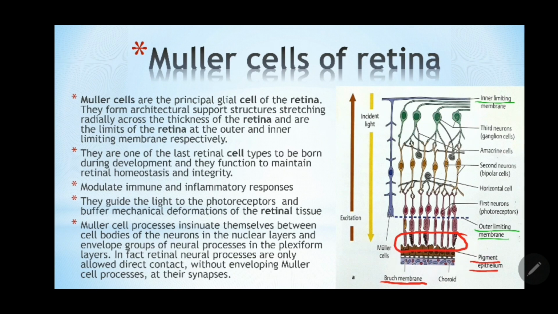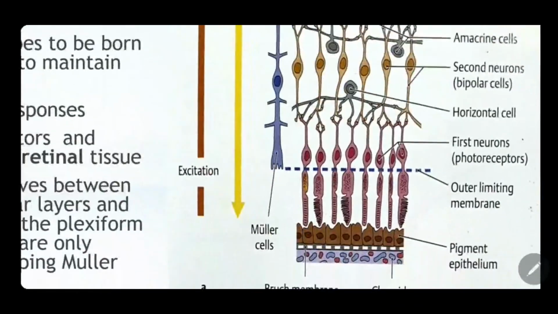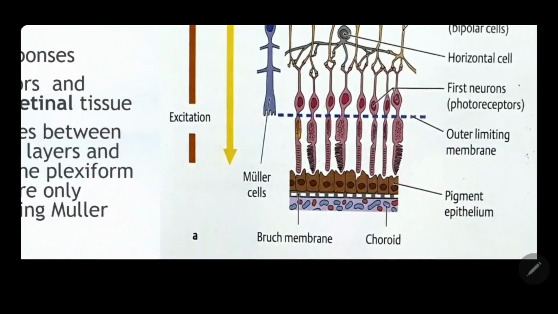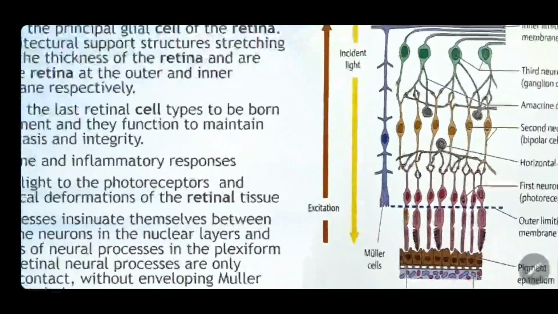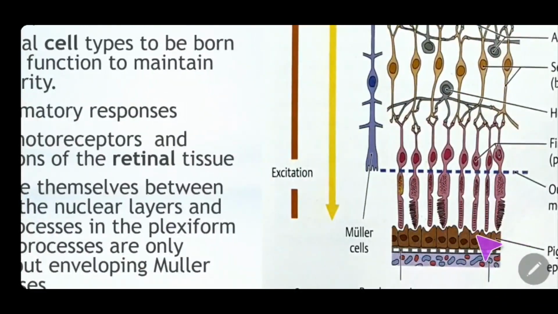Very important thing. And if you're still not able to see, let me zoom it. Can you now see it? Very important thing. Can you see? So these are the rods and cones which you are seeing, that they are reaching up to the pigment epithelium, but they are not attached with the pigment epithelium. Very important thing. This is one reason which becomes the cause of retinal detachment.